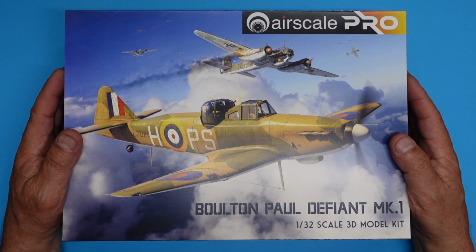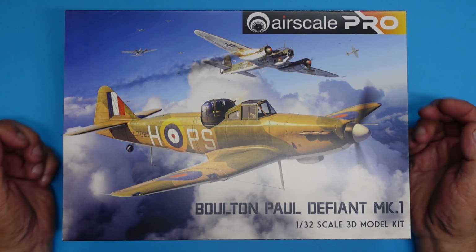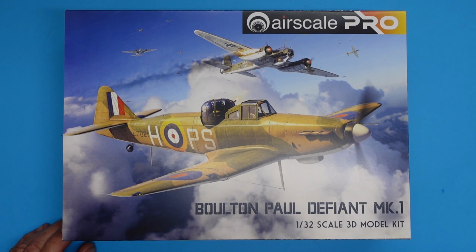It's not quite as hot as it was yesterday, I don't think, but it's horrible. It's horrible for Dotty and it's rubbish for modelling. Anyway,